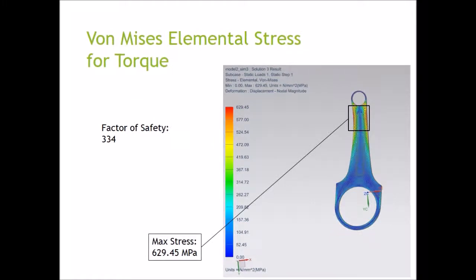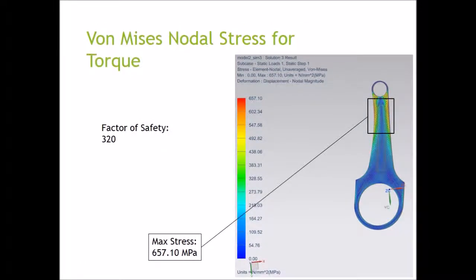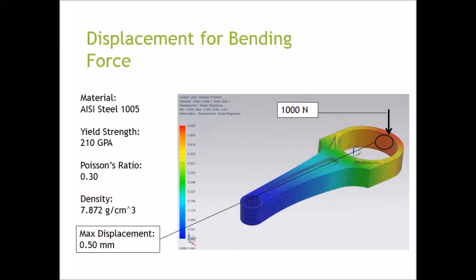The von Mises stress was analyzed and found that the maximum stress was 629 megapascals. The factor of safety was found to be 334. Then we looked at the nodal stress and found that the maximum stress was 657 megapascals and a factor of safety of 320. The part was finally analyzed for a bending force of 1,000 newtons at the end of the large